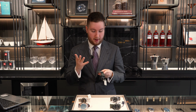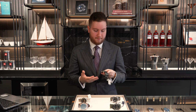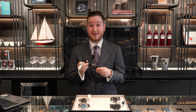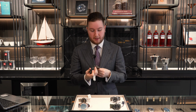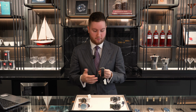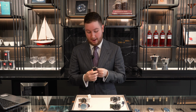It truly is a faithful tribute to their history while still remaining contemporary and unique in its aesthetic, despite it having all the signs of a Panerai Luminor watch. So yeah, I'm a big fan of this watch, and you can actually pick these up at retail under $10,000. At $9,800, I think you get an all-time classic wristwatch that has great proportions, great luminescence, great overall build quality. And again, the aesthetic itself is so true to the Panerai design DNA,